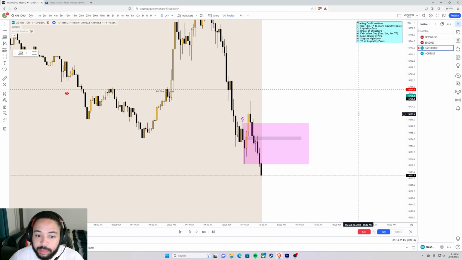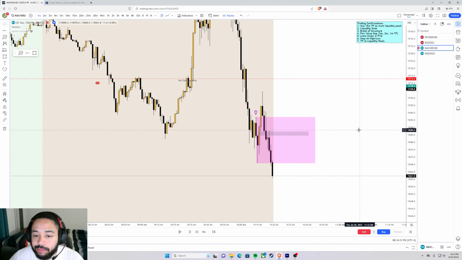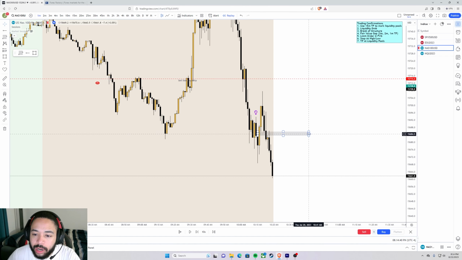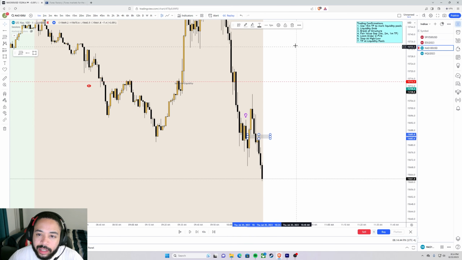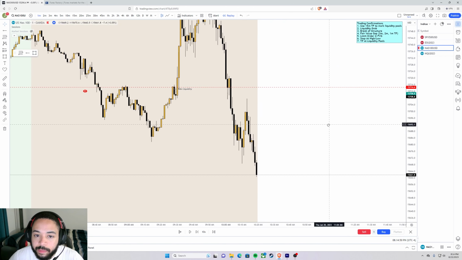is fine. Losing is part of the game, but me personally, I didn't take this trade because I felt that the gap was just a bit on the smaller side, right? Like, price left a pretty large wick. So it was just one of those situations where I guess experience kicked in, and I'm like, all right, well, this really isn't an ideal setup to take, but hypothetically this also could have been a loss